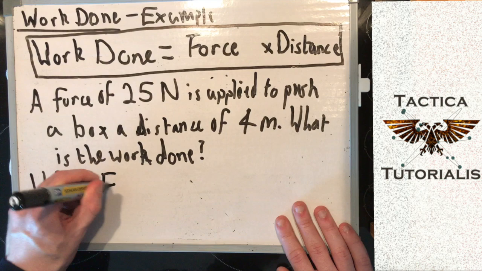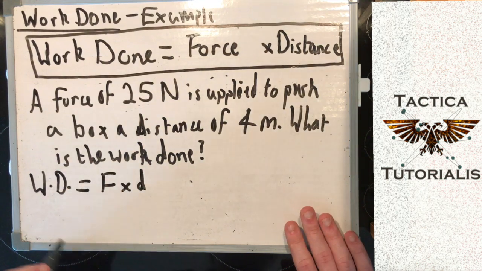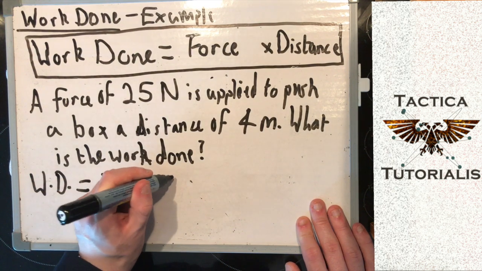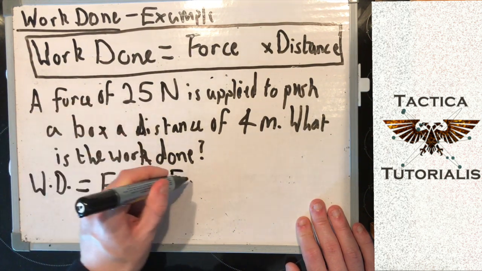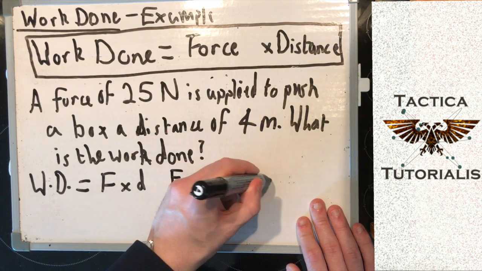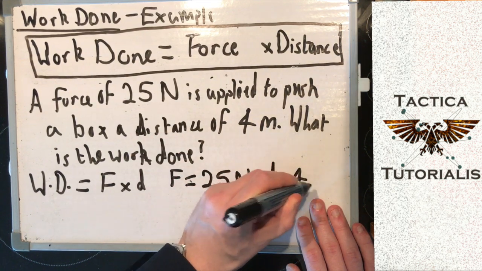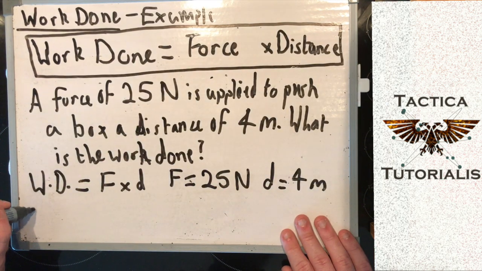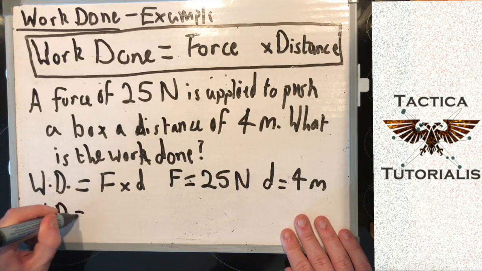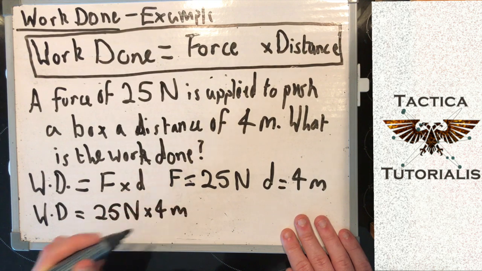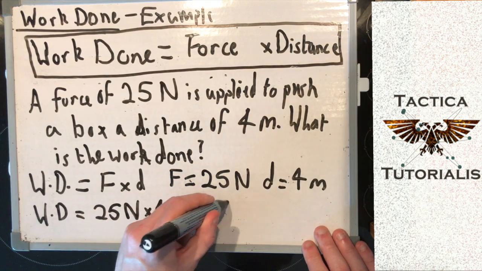Work done is F multiplied by D. And then we need to start plugging in some numbers. So, I know my force, F, equals 25 newtons. And I know my distance equals 4 meters. If I then plug them in, my work done equals 25 newtons times 4 meters equals